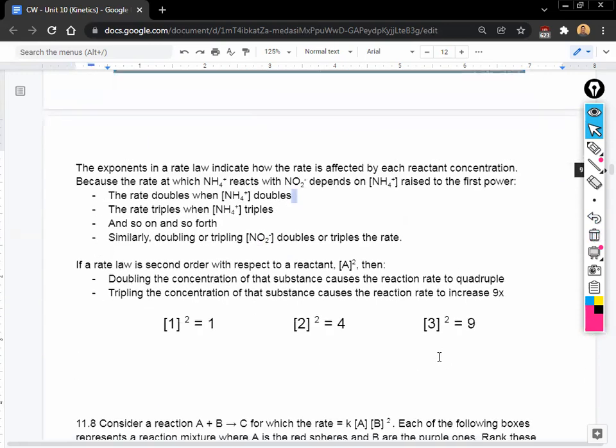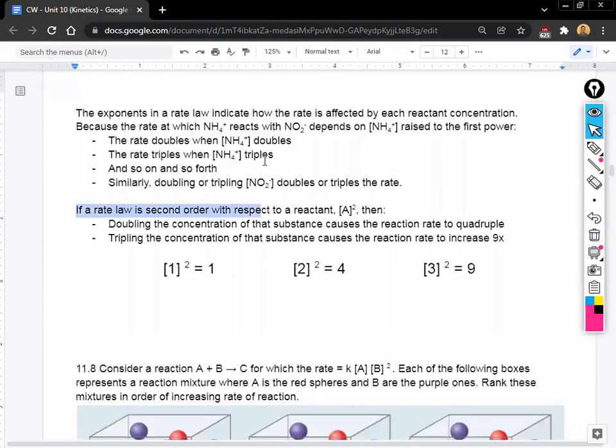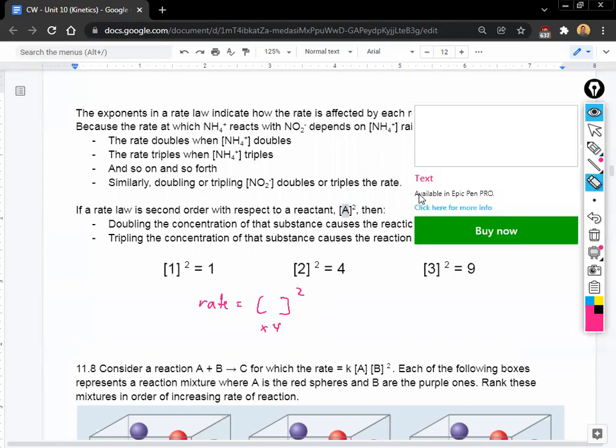Okay, so moving on. If the reaction is second order and the concentration of A is squared, then doubling the concentration is going to cause the reaction rate to quadruple, right? Because if we have rate equal to the concentration of A squared, and the concentration is 2, then the rate is going to go up by times 4, because you need to square it, right? If the concentration is 3, it's going to cause the reaction rate to go up by times